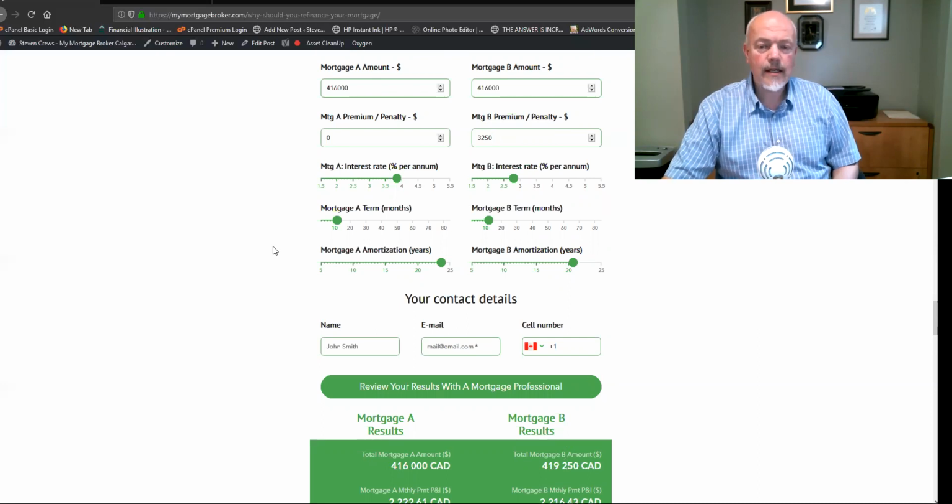If we were to refinance the mortgage under the Canadian rules, a refinance is no longer insurable, and this gets into complications, but is no longer insurable. So therefore, the interest rate is typically a little bit higher if we were to refinance a property instead of just do a straight switch. And there's also some legal fees associated with a refinance versus a straight switch. Lenders will cover the cost of many switches and include penalties up to $3,000 into the switch. So a switch is usually a better way to go compared to a refinance, because there may be other costs